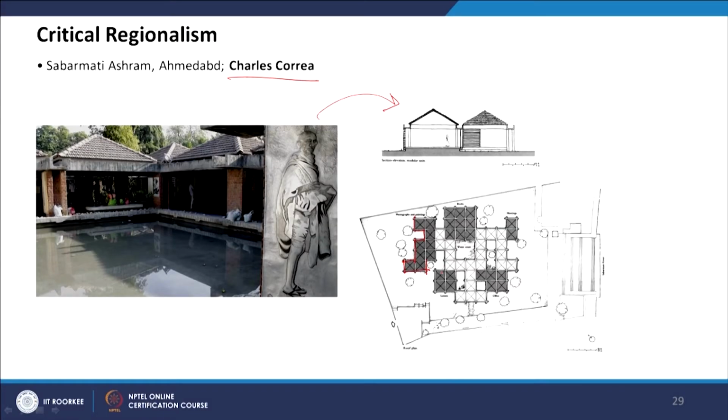Now here in the Sabarmati Ashram we can see this is not a rigid plan, so it's going in different directions, in a very organic or free flowing way. It gives the feeling of a village, like village clusters, and this comes from a village hut, and all these tiles and local vernacular elements are creating the palette. Though there's concrete and brick, it blends with the color tone of the mud house, and these elements are totally vernacular elements.